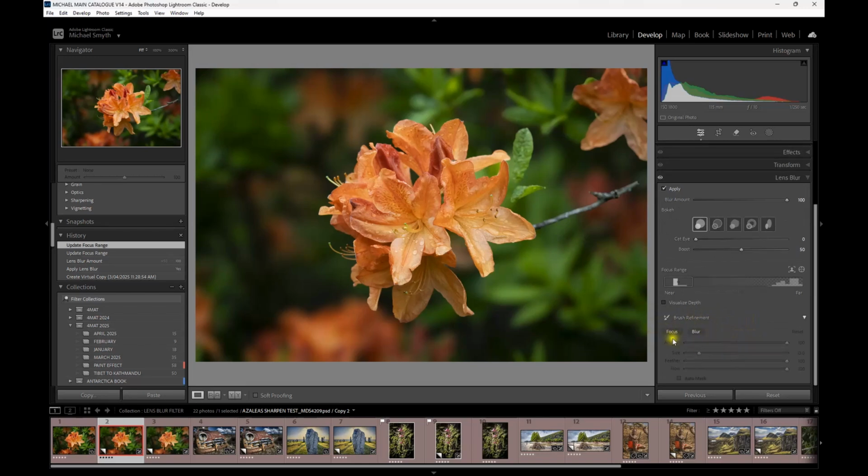I can paint things in that I want to remain in focus, or I can paint in areas I want to take out of focus. So in this case, I want to paint in areas of blur. Of course we've got our paintbrush tool, and we can change the size of that using the square brackets keys, and then I can simply paint that out of focus, bearing in mind that I need to be fairly careful about getting onto the edges of the